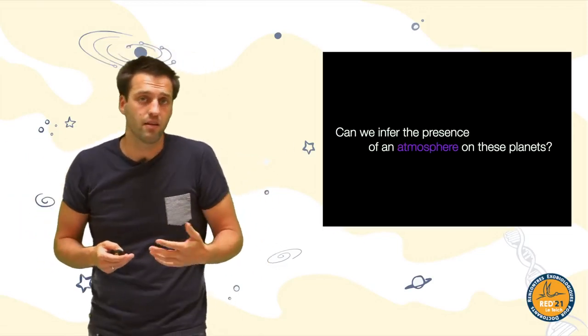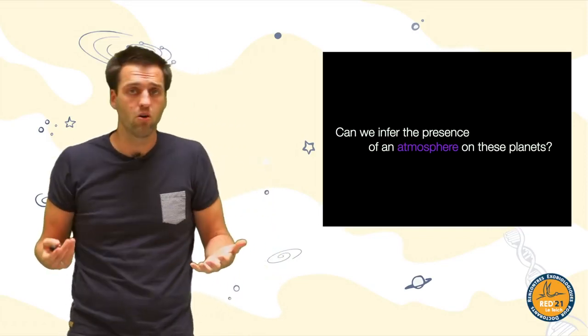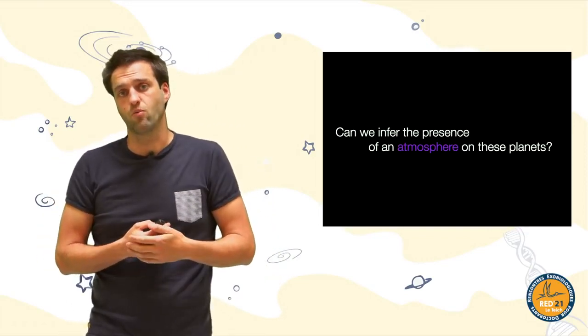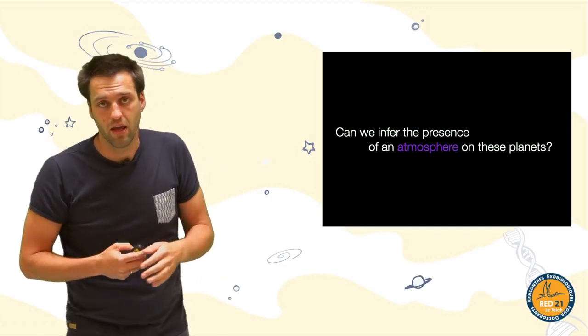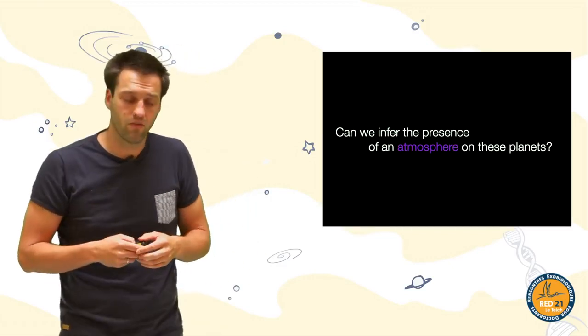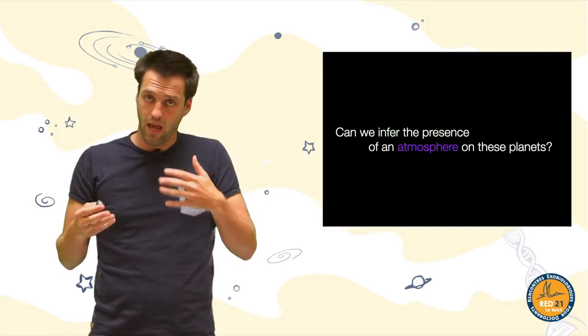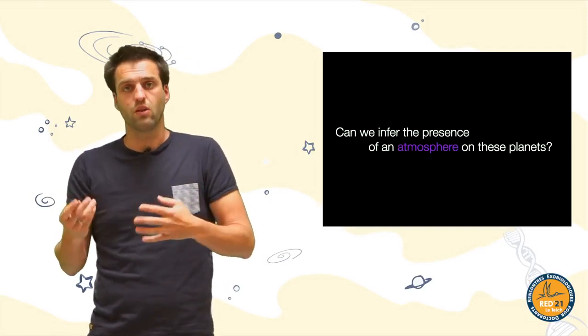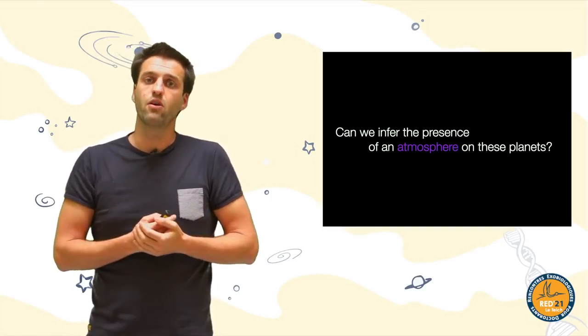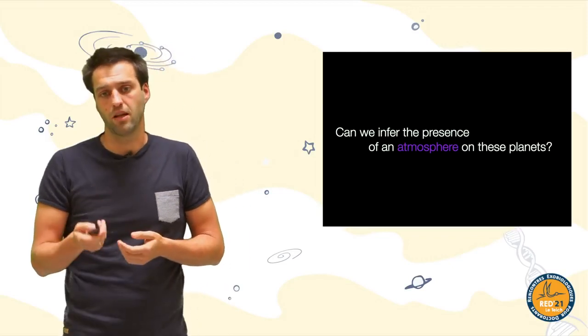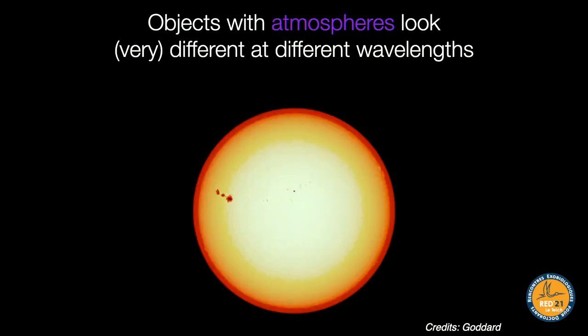What I mean by that is, for example, how can we know whether there is an atmosphere on this planet and what this atmosphere is made of? In the rest of this course, I'm going to look at the tools that we use to infer whether there is an atmosphere on these planets. We cannot go there and we cannot take a picture of it. So we are going to have to figure out ways to infer the presence of an atmosphere without having